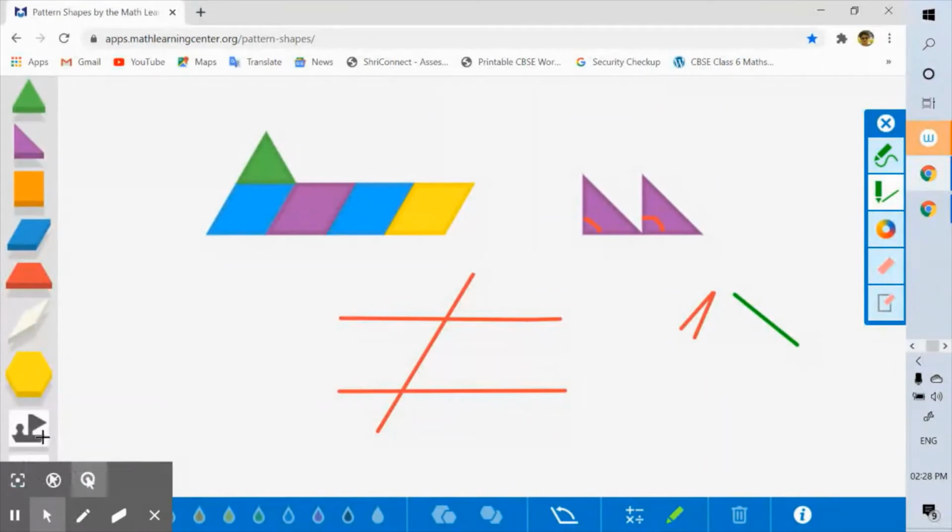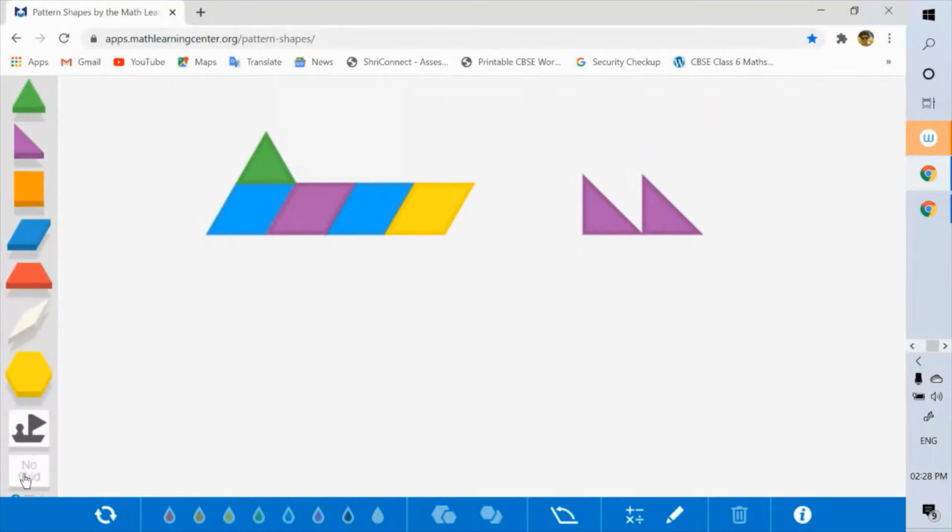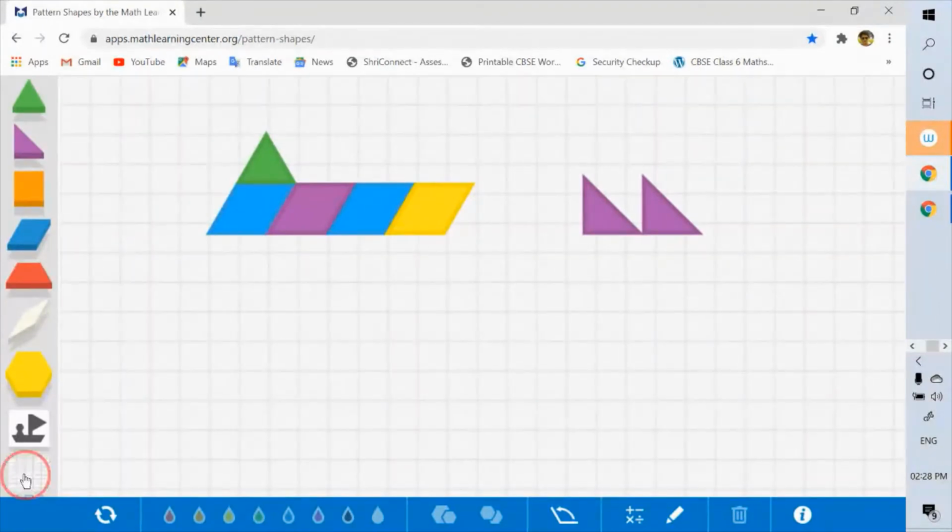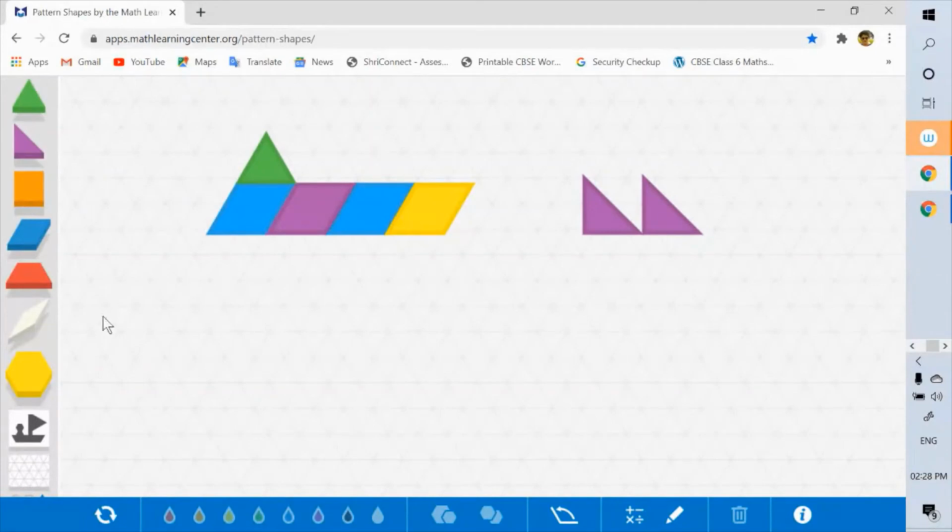You can also save your shape outline here. So on this, if you click, you will be able to save your outline, and you can also see the previous saved outlines that you have saved. So there are more options here to clear. But before that, I want to show you that you can choose a grid or a no grid option. Like from here, if I do, let me just close this pencil and then see there is no grid, or there is a square grid or a triangular grid.